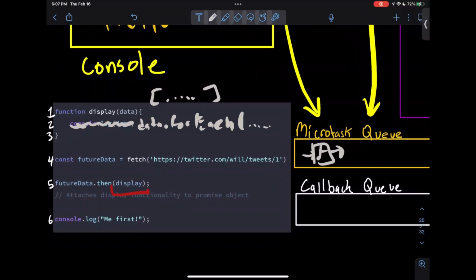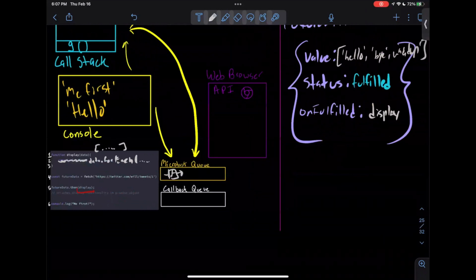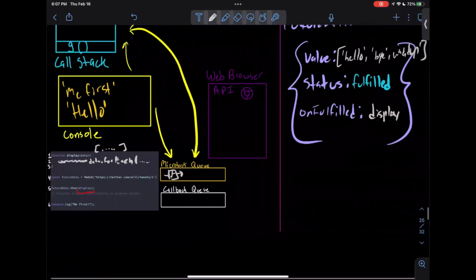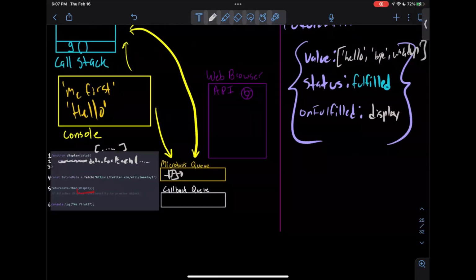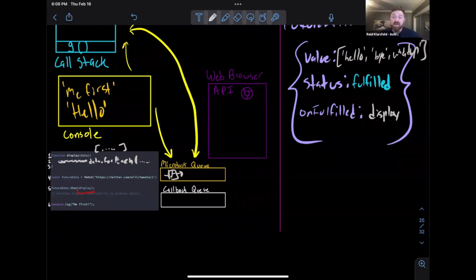Okay, and then if the unfulfilled function, if it only takes one argument, is it just going to ignore the others? Like if it wasn't set up to deal with an array, it would just use the first element? No, whatever is in value is getting passed as the argument in display. So if you don't have logic that handles that appropriately in display, then it's not going to, if you wrote console log,